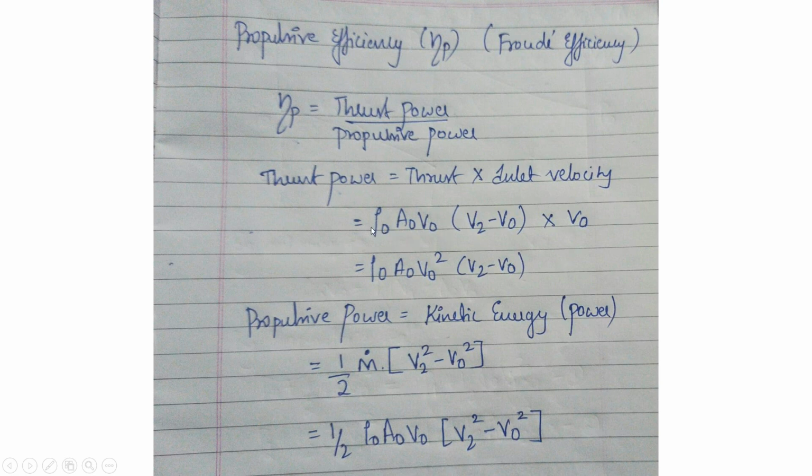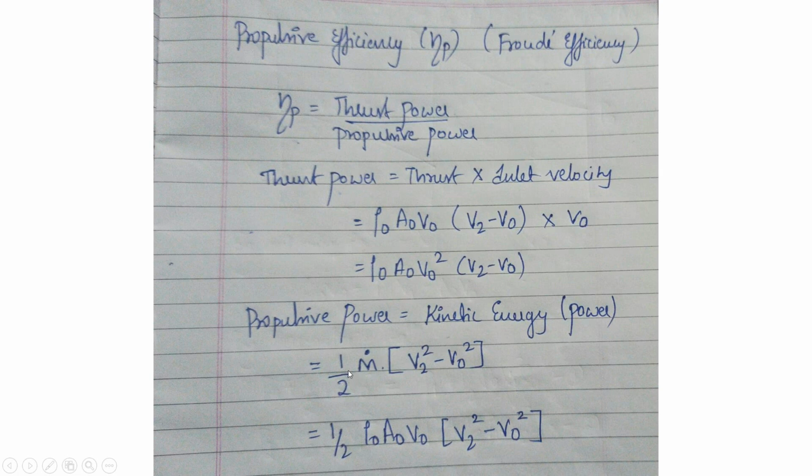Again, if you want it, this can also be rho naught A1 V1, but this V naught won't get multiplied. So for convenience, we take rho naught A naught V naught, and that will become square. And propulsive power, or the input power, is the total kinetic energy. Okay, in terms of power. So kinetic energy in terms of power will be half mass flow rate. Okay, this is important. This dot will add the given time that is missing, so divided by second and convert